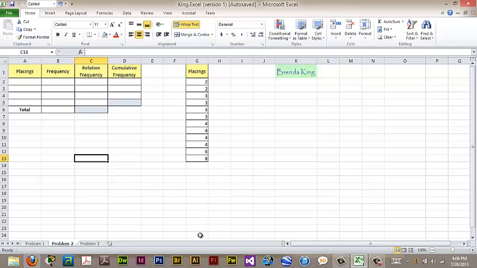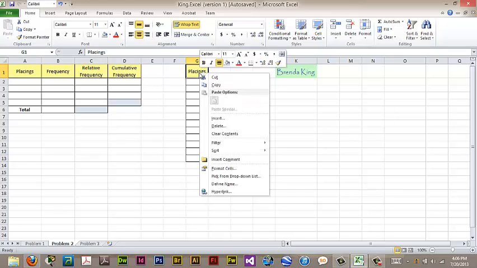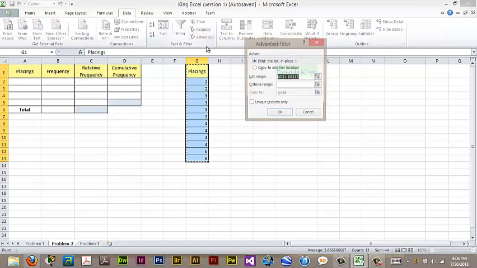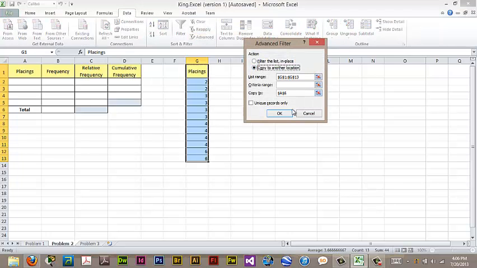Because sometimes, it might be a very large data set. So what we do is we highlight the field and we hit Control Shift down arrow, and it will highlight the entire data set for us. We go to Data, Advanced, Copy to another location, and we want to copy over here